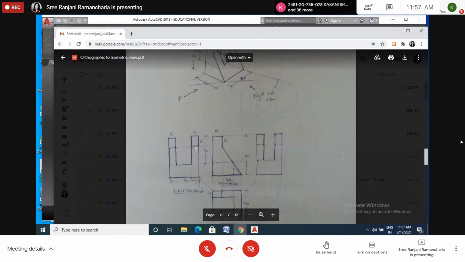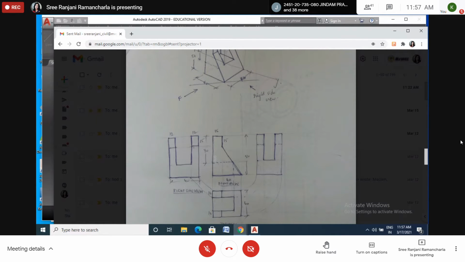So here also there is no need to measure the height. You have already drawn this height, so as per this you can draw the height here like this. How to draw this one? Once you have drawn the front view and the bottom view, then you project this to 45 degrees, or you can take the curve also, with the same radius, like this. Then from here just draw the height, no need to measure. You have already measured it, just draw the height till this line.